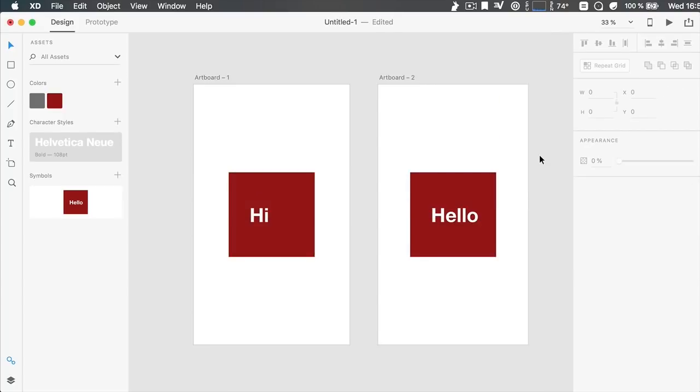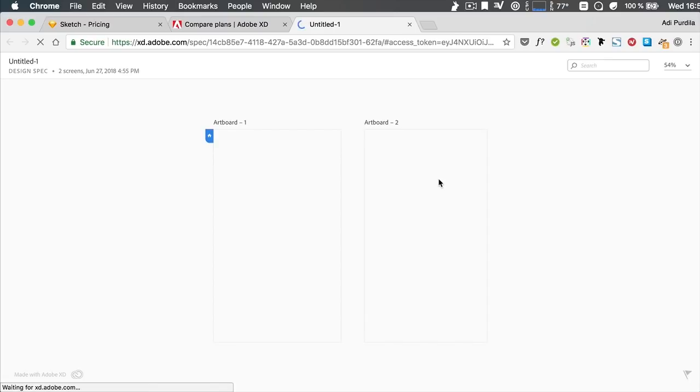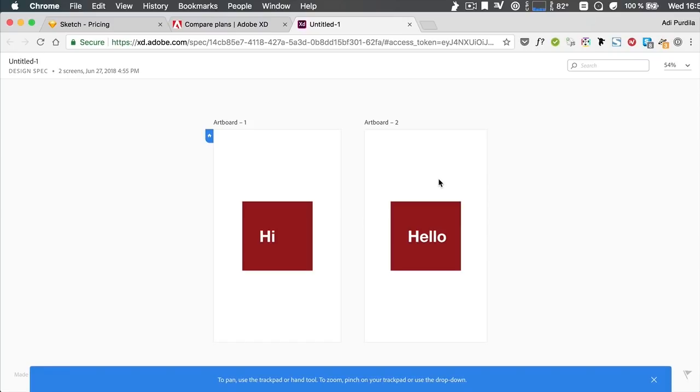And something else that's pretty cool are XD specs. Now this is still in beta, but for example, if I go to Share, Publish Design Specs, I can create a public link, and then I can open that link and share it with other people. So this would work, for example, if I'm a designer, I create my designs in XD, and then I hand off my designs to a developer, and I send them the link to the specs. So the way specs work